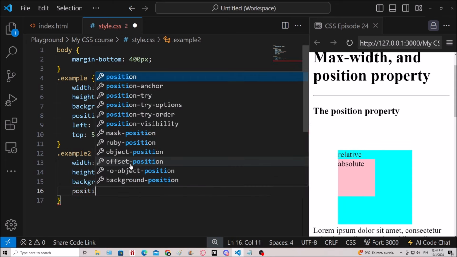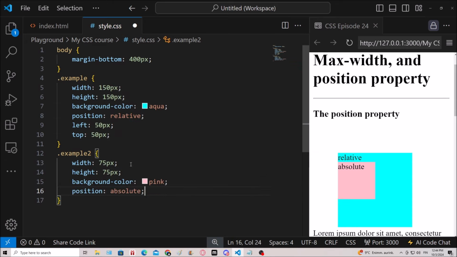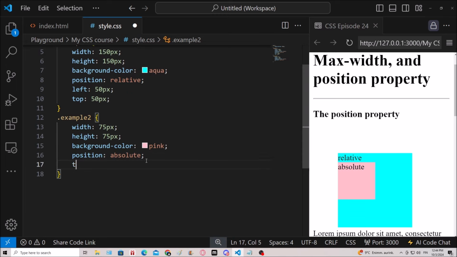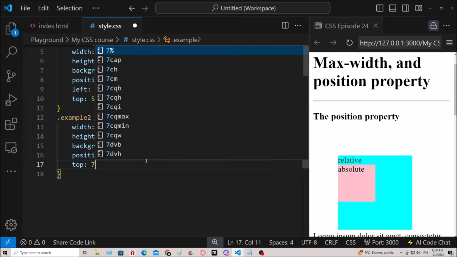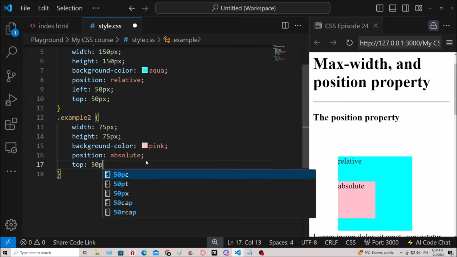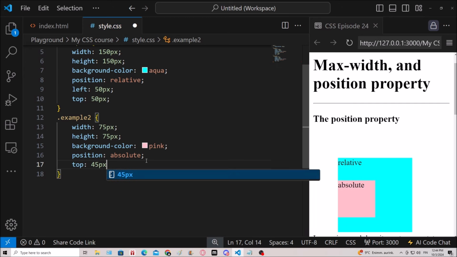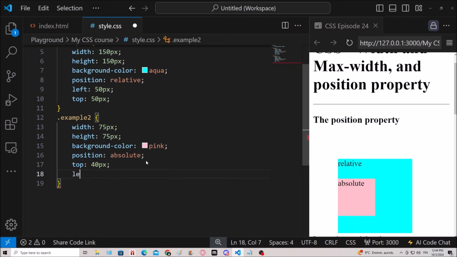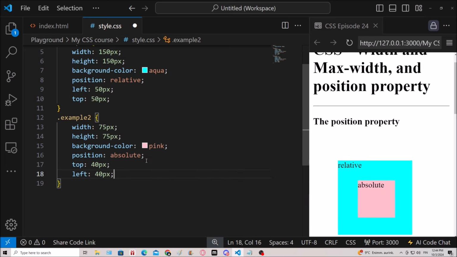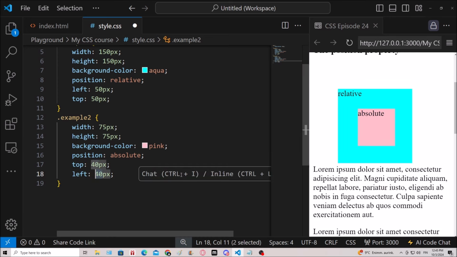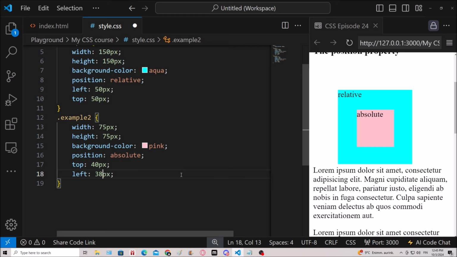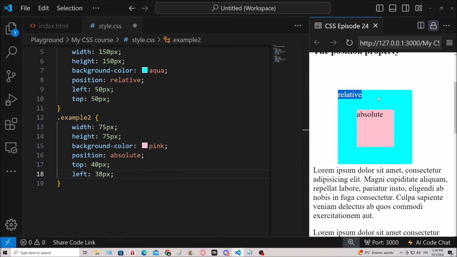The position will be absolute, and let's set this to be 40 pixels from the top and 40 pixels from the left. So now it's pretty much center aligned inside of the container with the relative positioning. Okay,